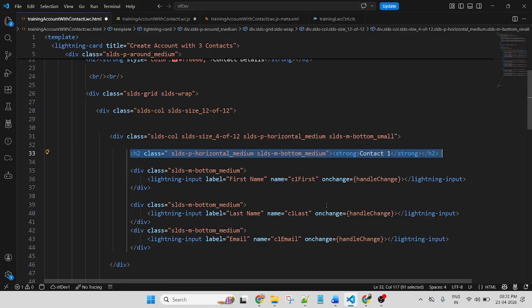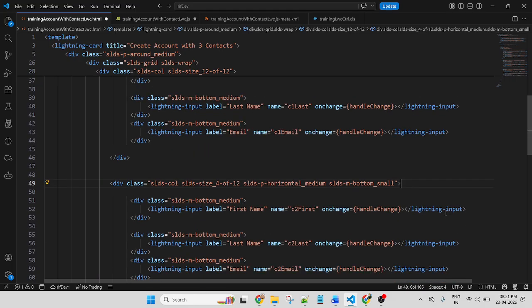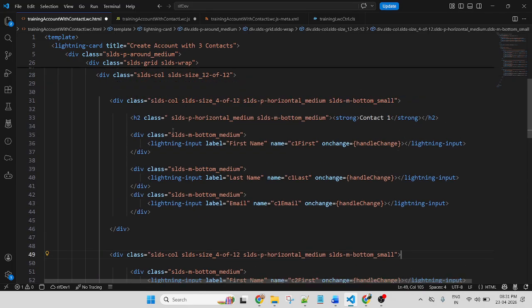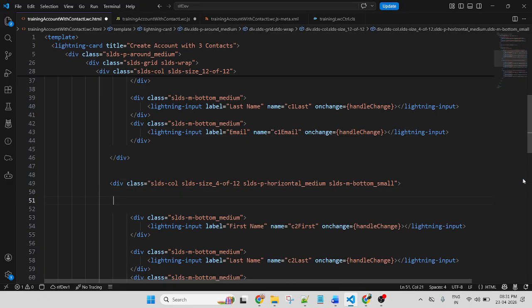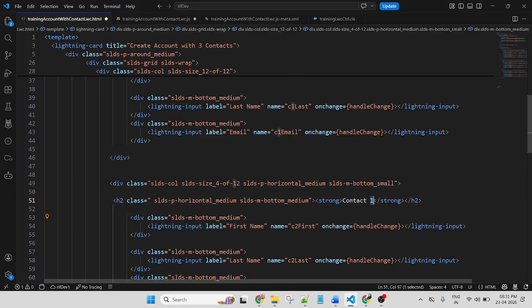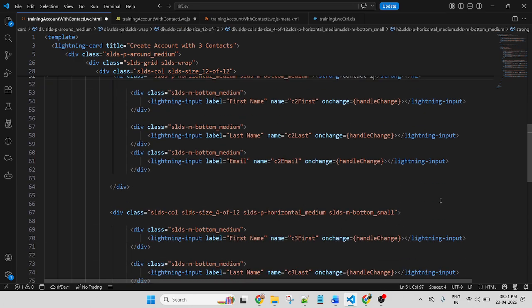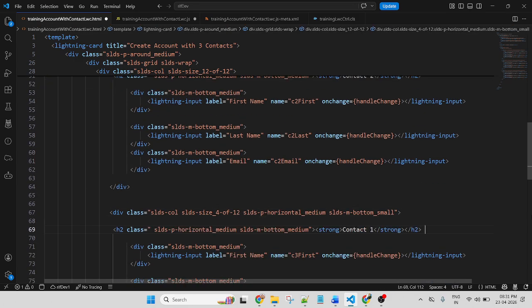Similarly, copy this one for where I am putting this after this column. After this column, here I will put this is contact 2, and here this is contact 3. I put in the title for each and every contact form. Now save the file and deploy the code.